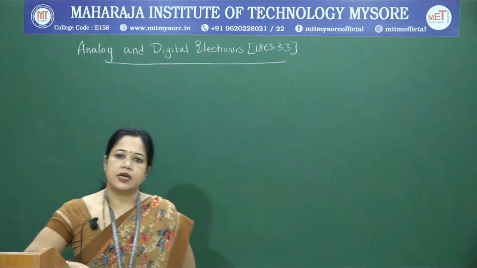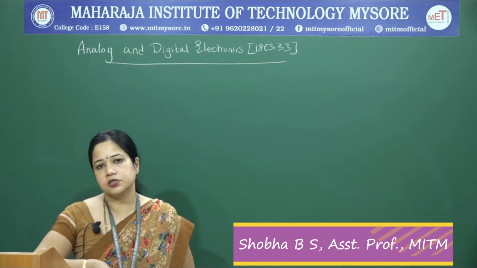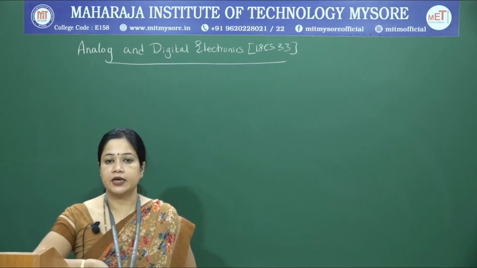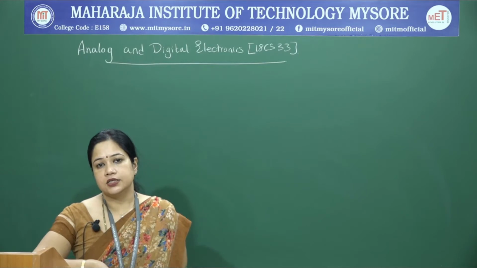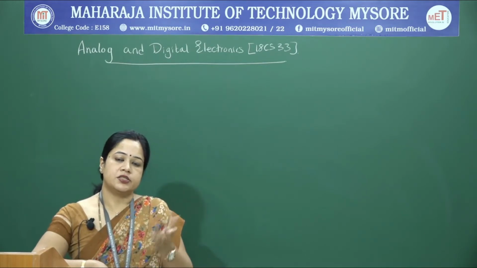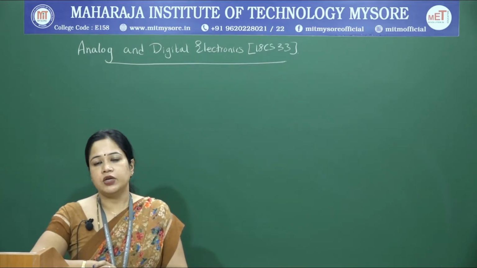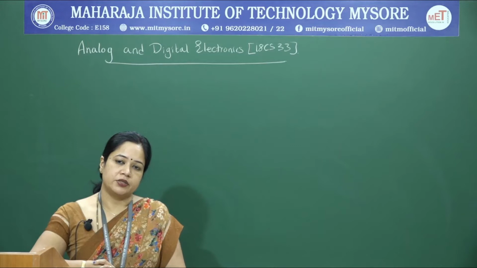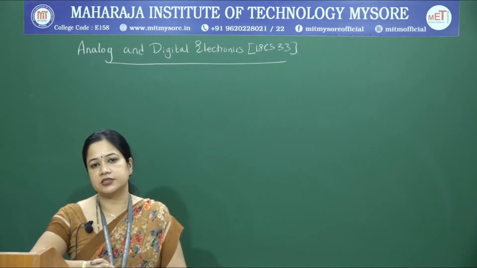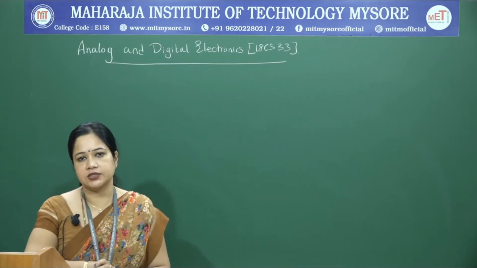Welcome back. In the previous class, we looked into various BJT biasing circuits. You are aware that if you want to bias your transistor, that is, keep it in the active region so that it is useful for amplifier applications, we need to determine the operating point. You should see to it that it is properly biased. So, for efficient biasing, we have various biasing circuits.